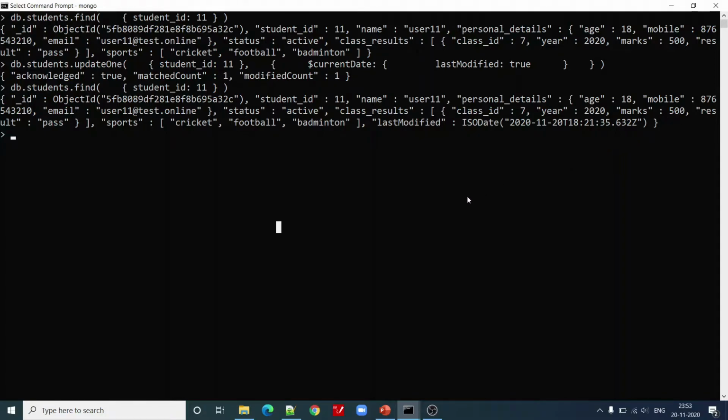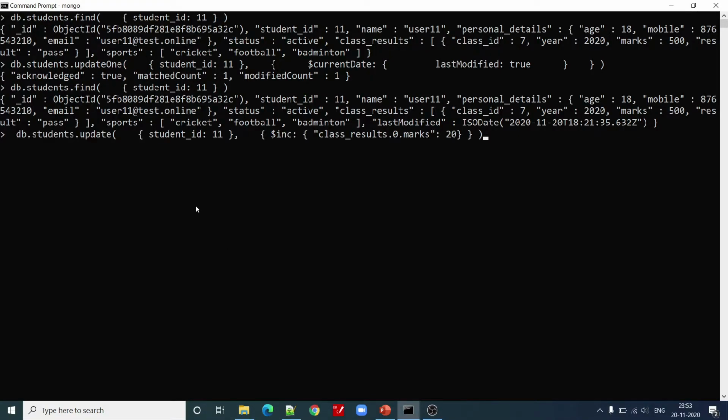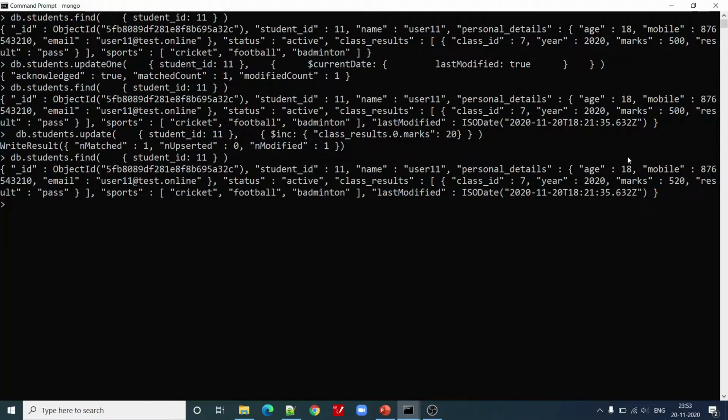After the update, we will see what the value of this field is. Now if you look at the value before execution of this command, marks were 500, now marks are 520. This is how we can make use of $inc.